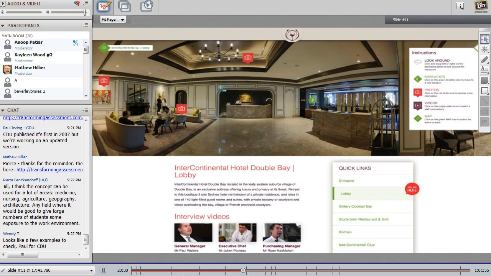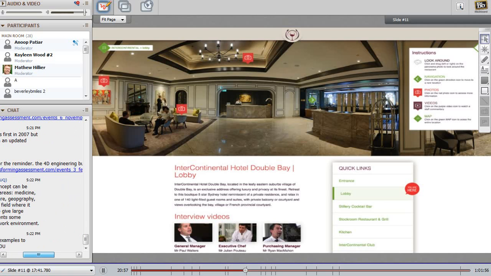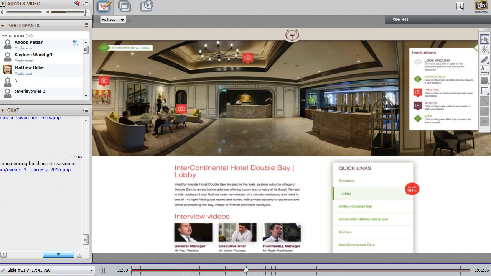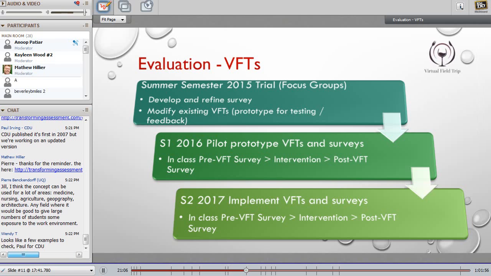So what we have seen is that the virtual field trip is a very live, ongoing tool, and also, if I may just add, these red camera symbols, as soon as these are clicked, bring a series of images, and these images are focusing on some of the key factors in terms of the design of a hotel or restaurant. It is talking about the layout and all the other features which are taught as part of food and beverage management, and we provide a brief script, and it also allows students to visit these images and draw comparisons and so on.